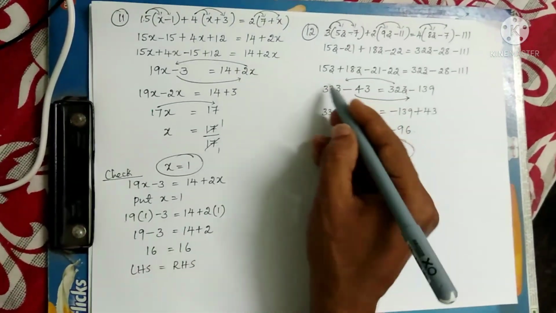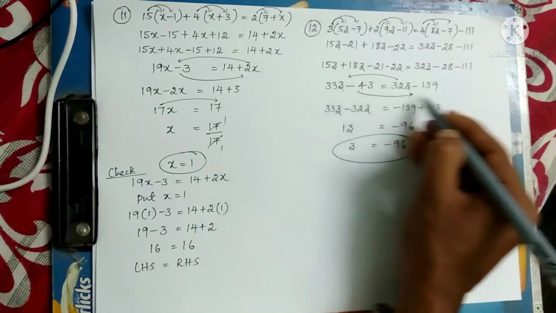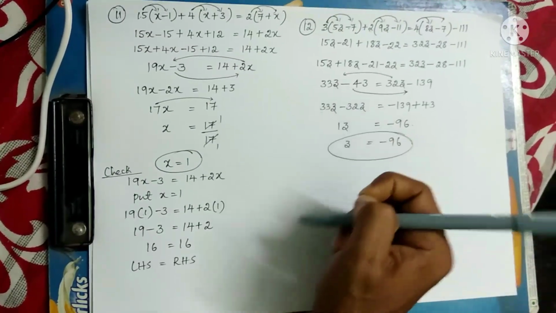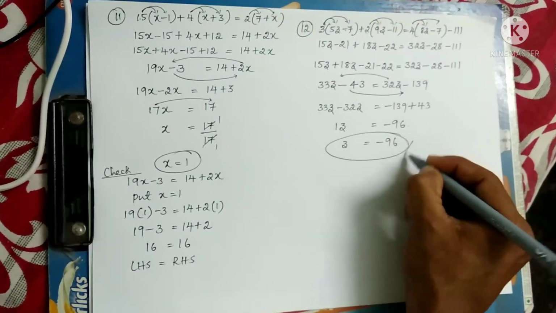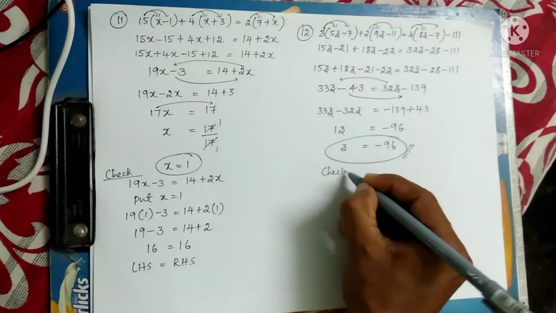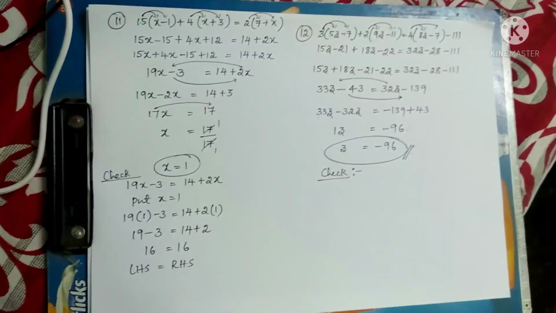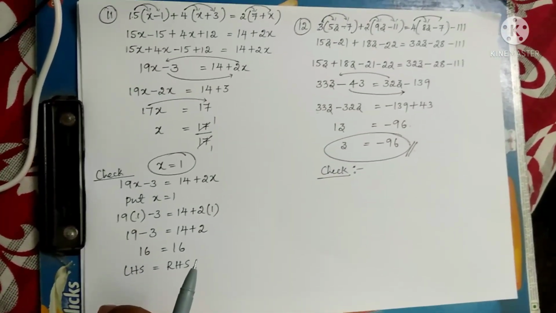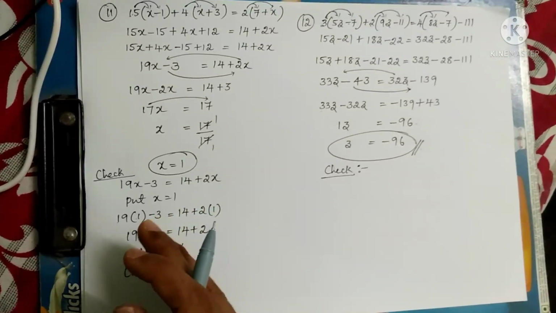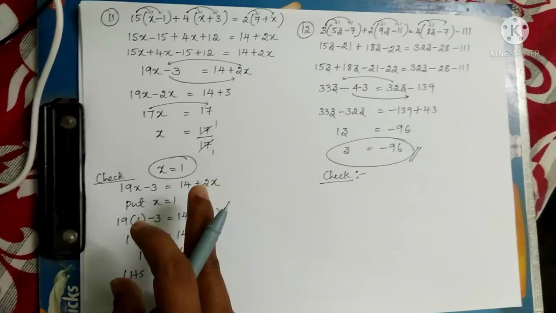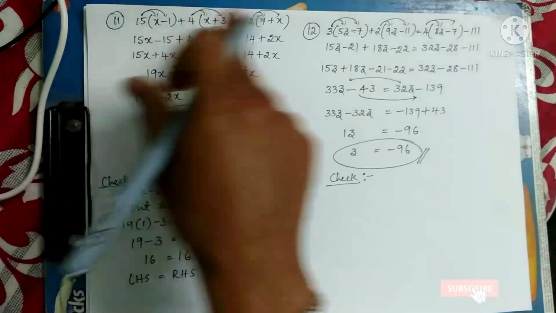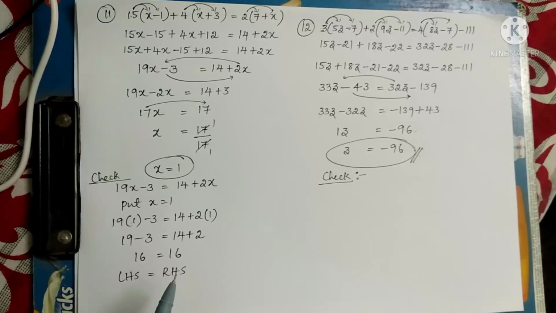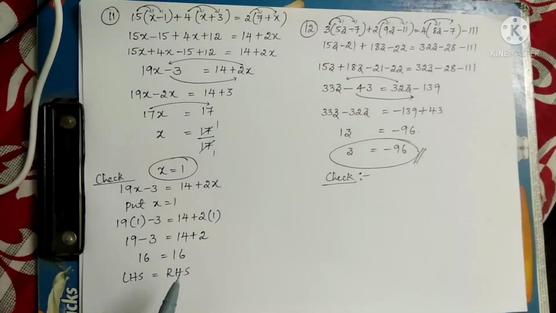So if you want, you can check by taking this equation and substituting the value of z equal to minus 96. So we get LHS is equal to RHS. So try this check and tell me the answer in the comment section. Okay, so these are the problems in exercise 2.3, and the remaining problems, question number 13 and question number 14, are same, which are related to question number 11 and 12. Okay, hope you guys have understood all these problems which are based on exercise 2.3.